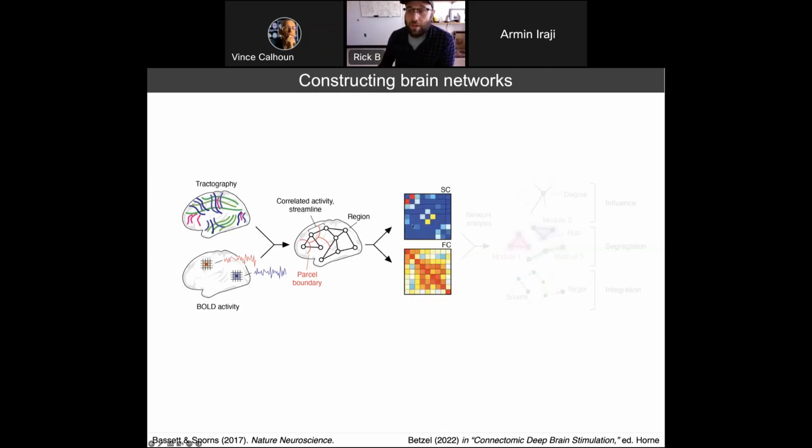These networks are represented as matrices: the sparse structural connectivity matrix, and a fully weighted and signed correlation matrix corresponding to functional connectivity. The way to read these matrices, if you're not familiar, is that they're essentially lookup tables of who is connected to whom in the brain. Rows and columns correspond to brain regions or nodes in the network, and the entries indicate the presence and absence and weight of connections between pairs of regions.